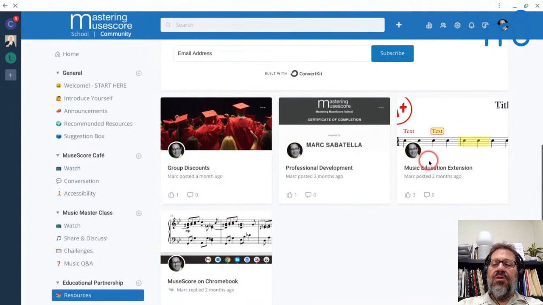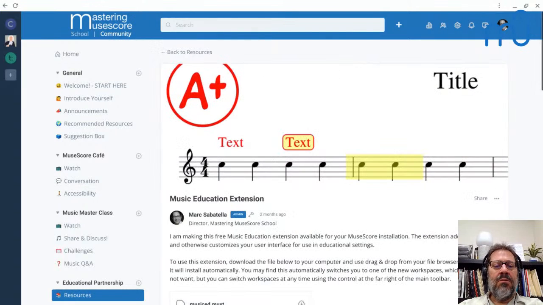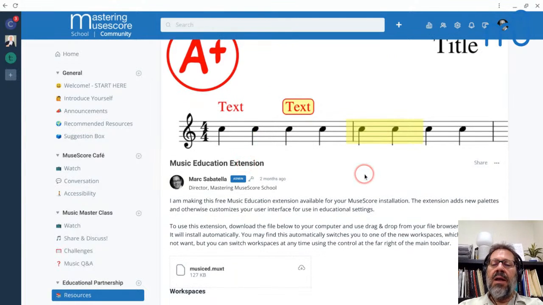So you'll see Music Education Extension. This is something you can download. You download the file, and then you just drag and drop it directly onto MuseScore from your file browser. And apparently my system is freaking out right now because that link took forever to process. But in any case,